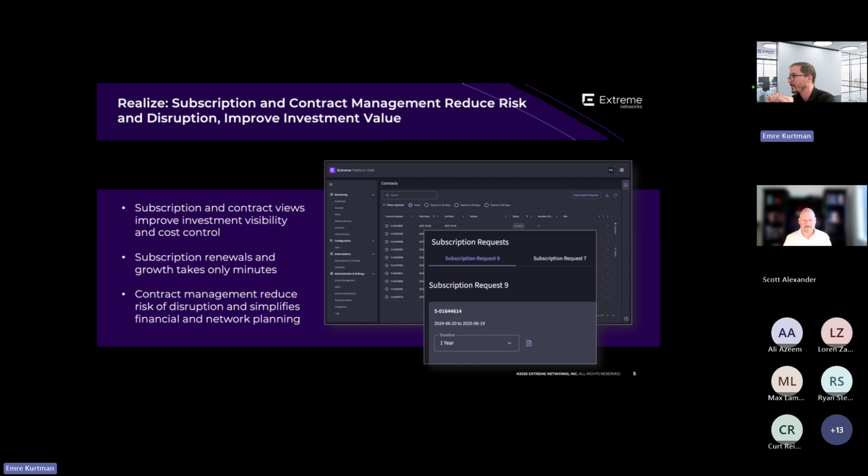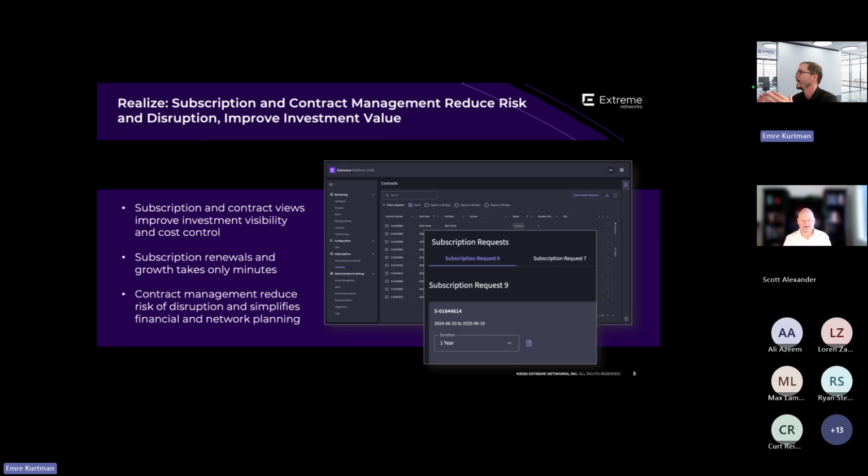So if you want to see the contract of a specific device, let's say you want to open an RMA because one of the switches failed. Before Extreme Platform One, you had to log into the Extreme portal, or if you are using some other vendor, log into their portal, to check the serial number of that particular switch and see if it is under a valid support contract or not.